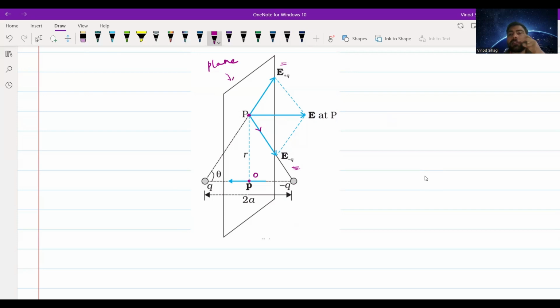अब ऐसा तो हो नहीं सकता कि एक पॉइंट पे इलेक्ट्रिक फील्ड की दो डायरेक्शन हों, सो ऑब्वियसली इट विल गिव अस अ रिजल्टेंट इलेक्ट्रिक फील्ड। तो यहाँ पर जो रिजल्टेंट इलेक्ट्रिक फील्ड आएगा वो ये वाली डायरेक्शन में आएगा। दिस इज द डायरेक्शन ऑफ द रिजल्टेंट इलेक्ट्रिक फील्ड एट द पॉइंट P। ठीक है। अच्छा, ये जो पॉइंट है, दिस इज द एंगल थीटा, इसके साथ एंगल थीटा है, तो ये वाला एंगल भी थीटा हो जाएगा। और इस पॉइंट के साथ जो इलेक्ट्रिक फील्ड आएगा दैट विल बी E प्लस q इंटू cos थीटा।